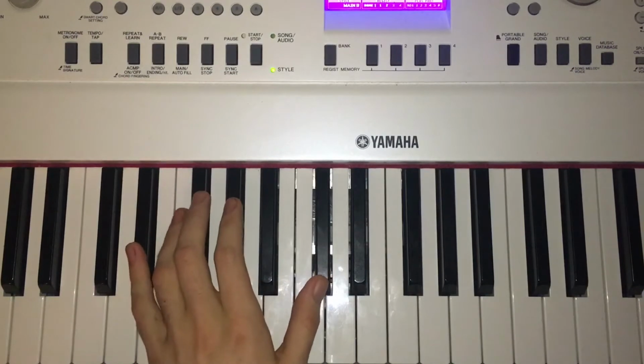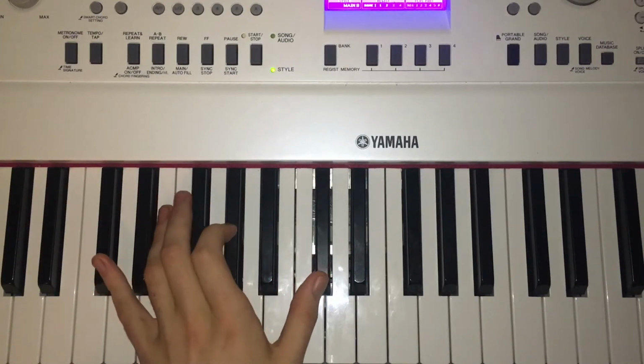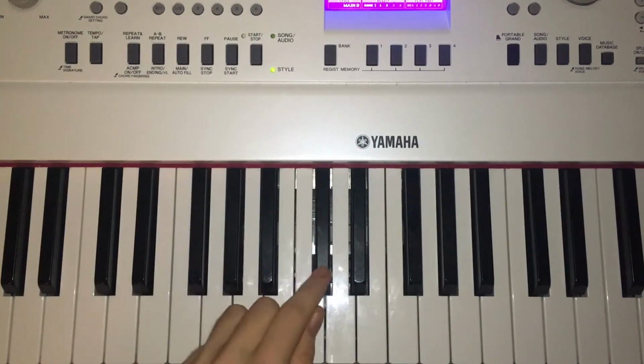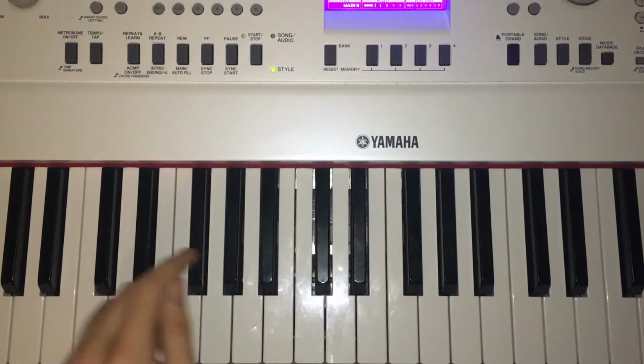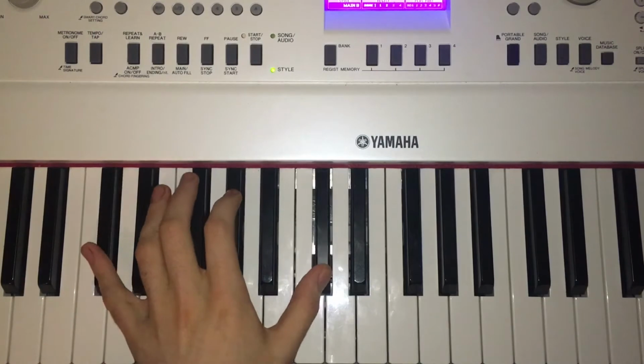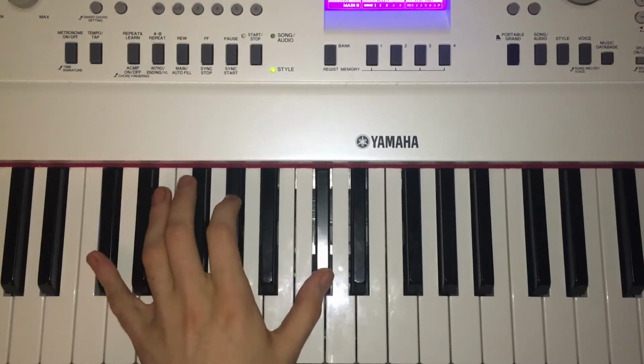Then all you do is keep your fingers on G sharp and C sharp, and you just move your finger to D sharp. So you're playing D sharp, G sharp, C sharp. So D sharp, G sharp, C sharp, that's the only change there. So again you got